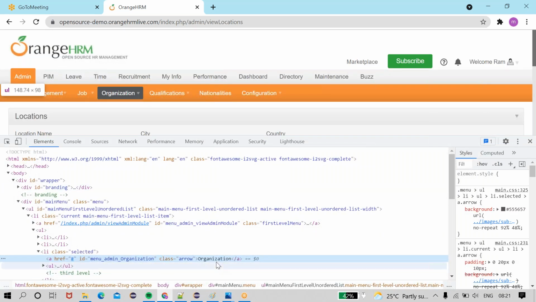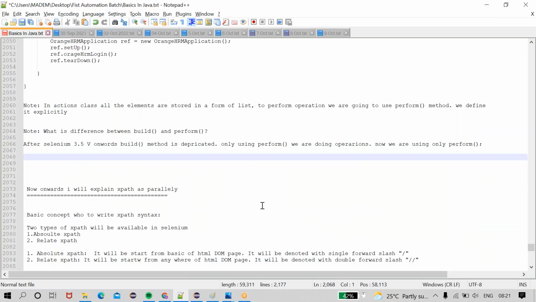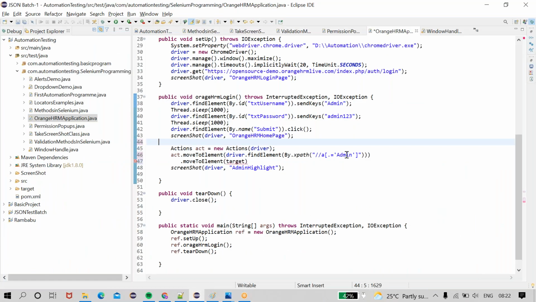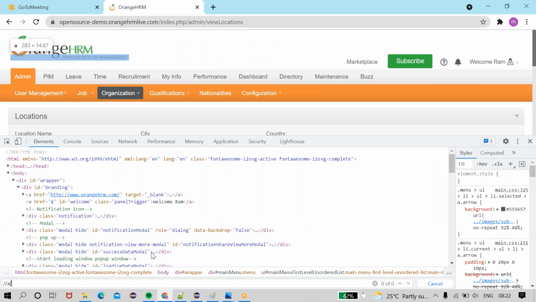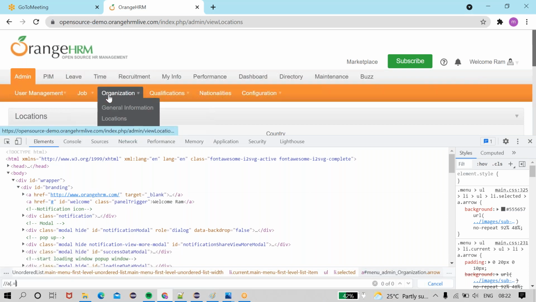Okay, the same, we can use the same approach. Here we already used it. Do forward slash a dot equal to the name of this.